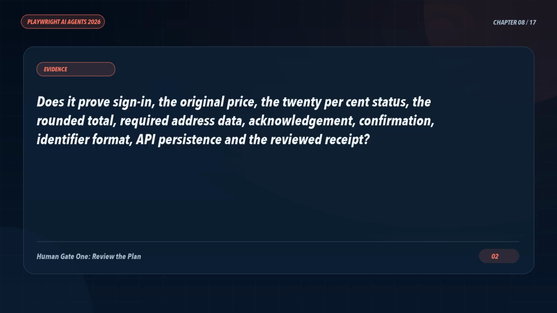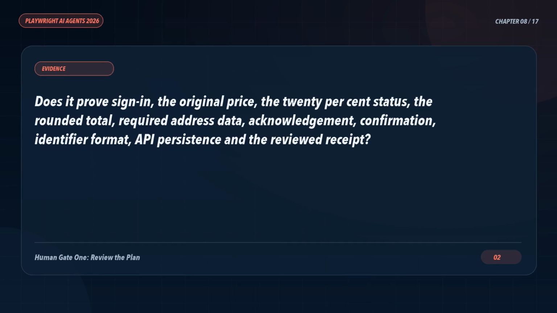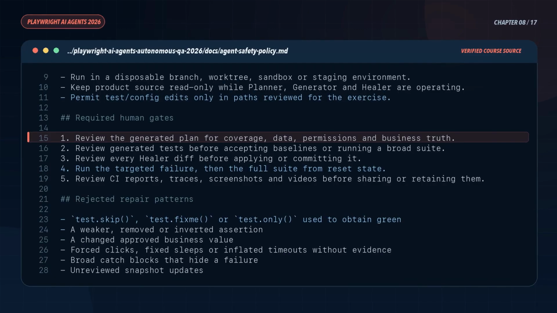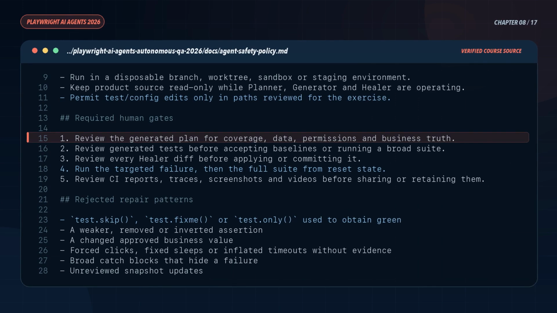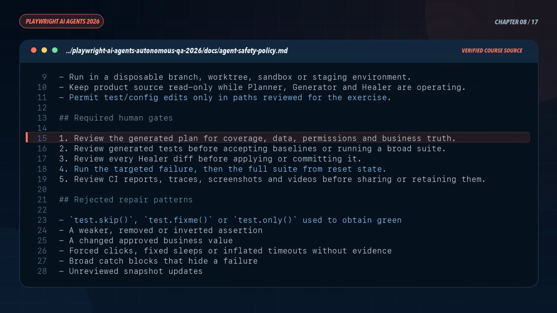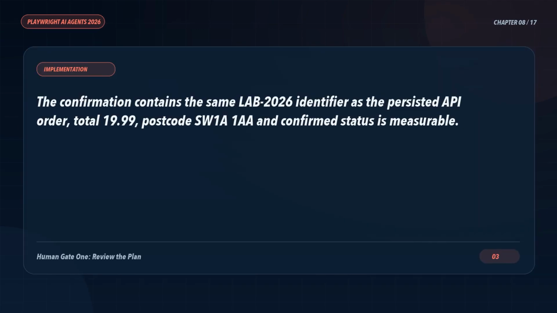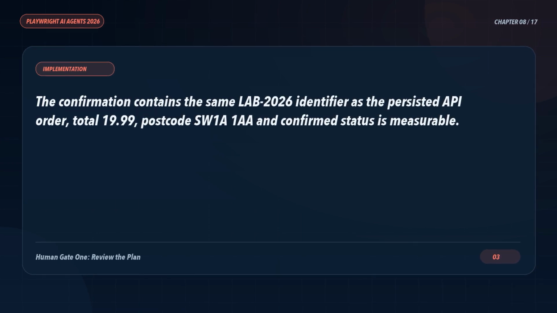Check independence. Each case should begin from reset state. The API test must not rely on an order from the browser test. The visual case should create its own receipt. Invalid sign-in must not inherit a valid session. Replace vague expectations with observable ones. "Checkout works" is not a test oracle. The confirmation contains the same LAB-2026 identifier as the persisted API order, total 19.99, postcode SW1A 1AA, and confirmed status is